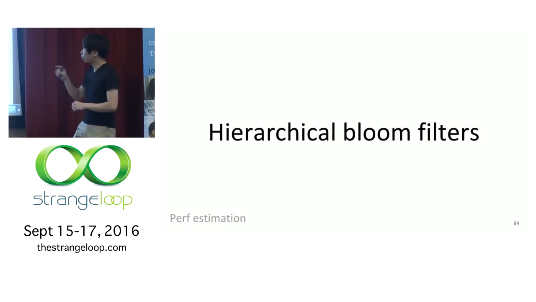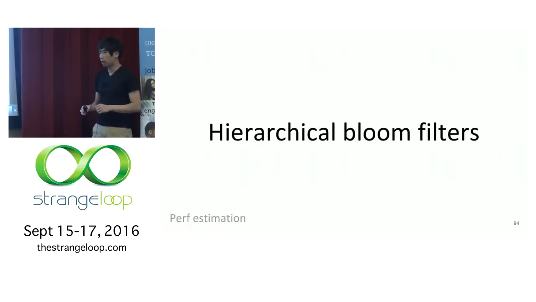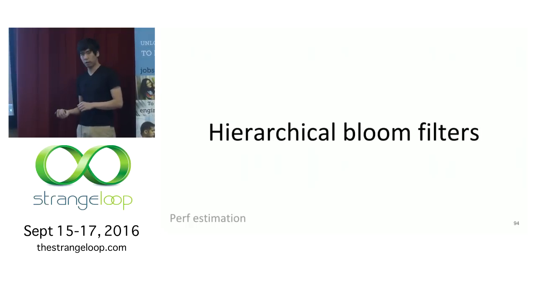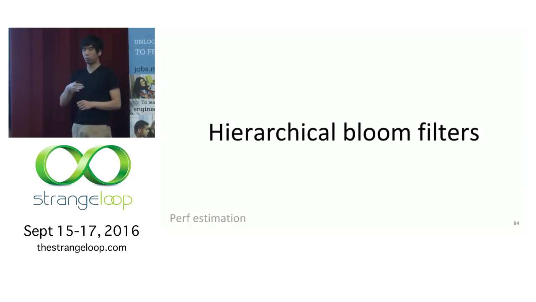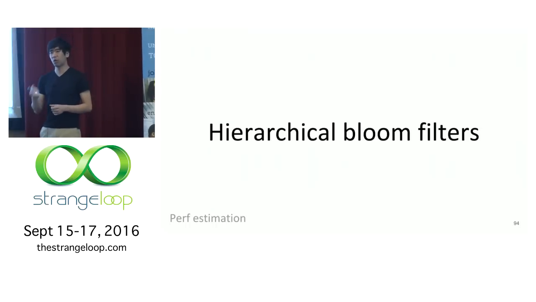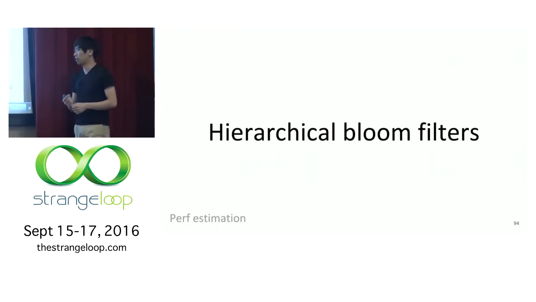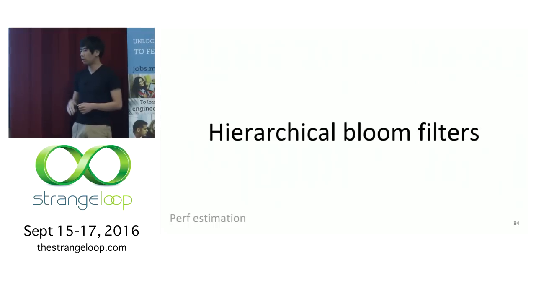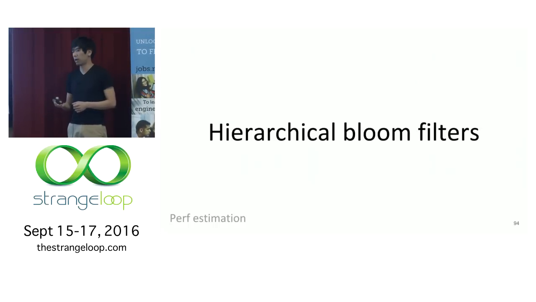OK, we can also do one major optimization that increases performance a lot. We can use hierarchical Bloom filters. In the example we looked at today, each document has its own Bloom filter. This is OK, and it works fine. We said we get almost 4,000 QPS, which is not horrible. But it means that if we query for a term that only appears in one document, we still have to look at at least 1 bit per document. In fact, we said we look at, on average, 5 bits per document. There's no particular reason we should have to do that, and we can, in fact, look at a log number of bits per document instead of a linear number if we use hierarchical Bloom filters.